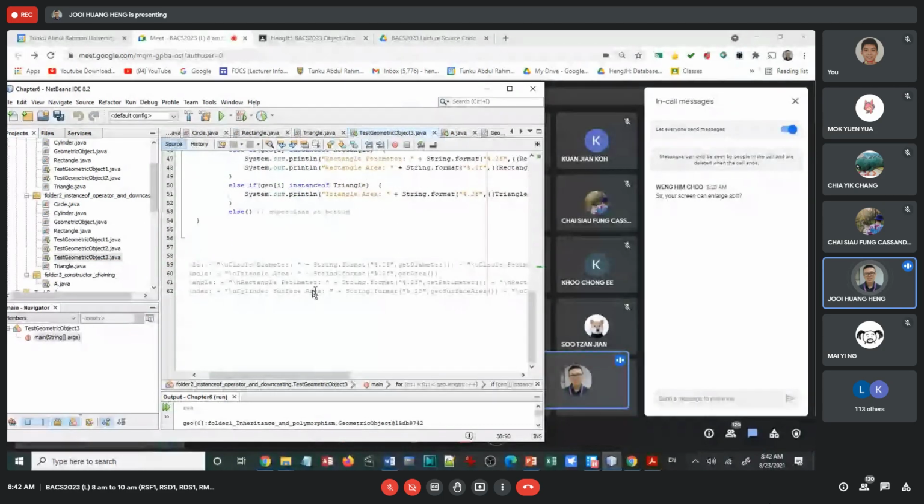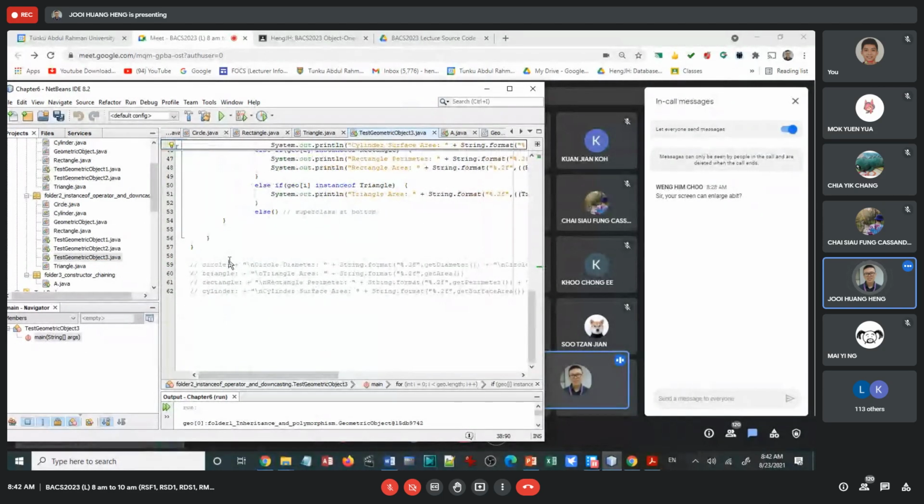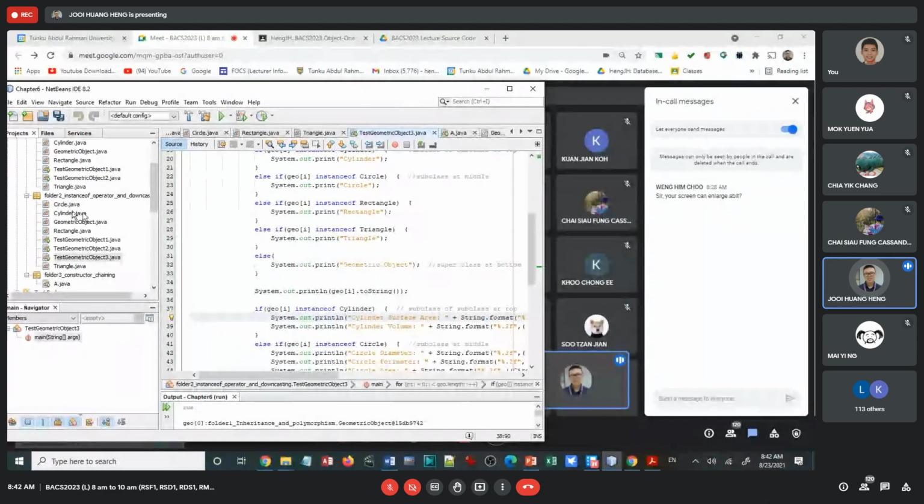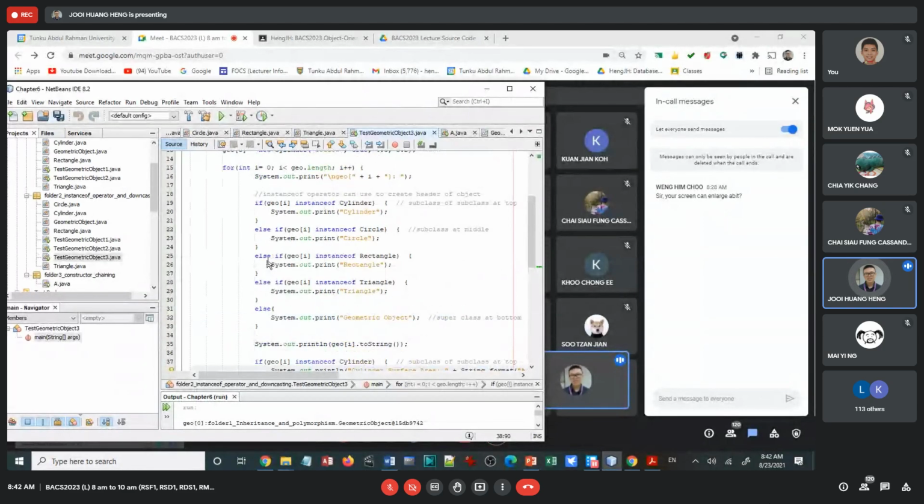This is what I copied, right? Remember, I hope you can remember. This is all I copied from the class. After that, I just want to display for the particular class. So now in the second folder, the most important thing you need to learn